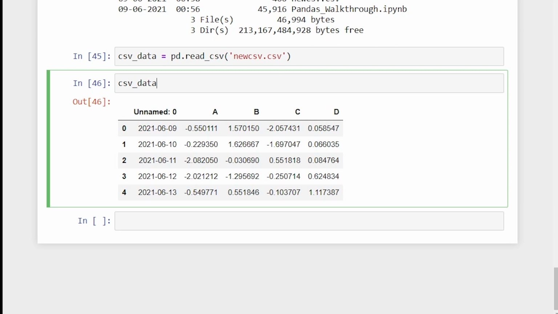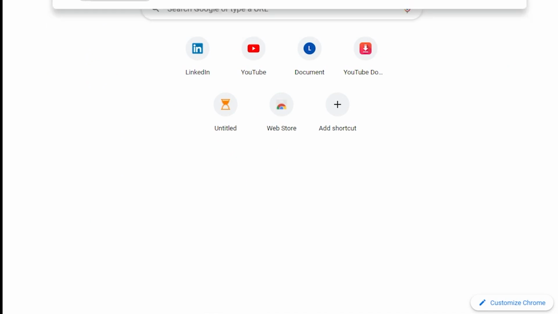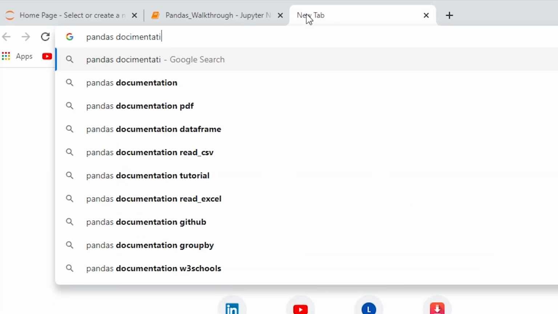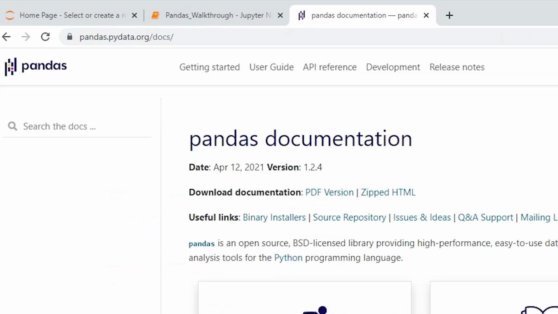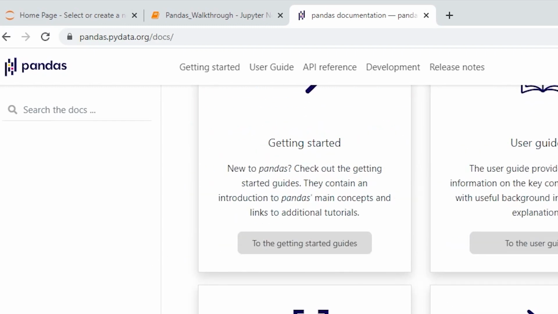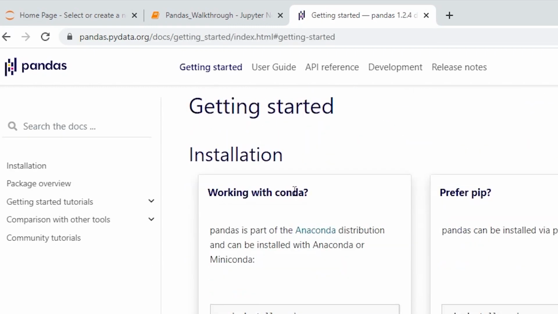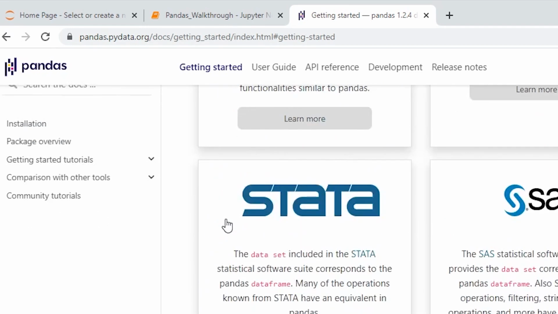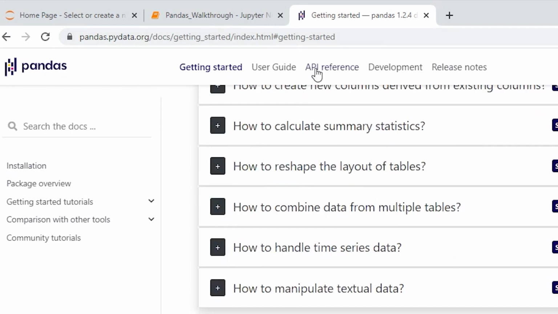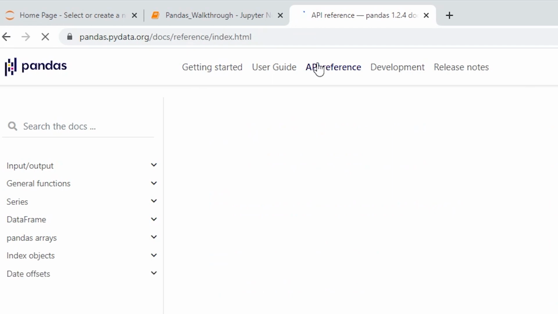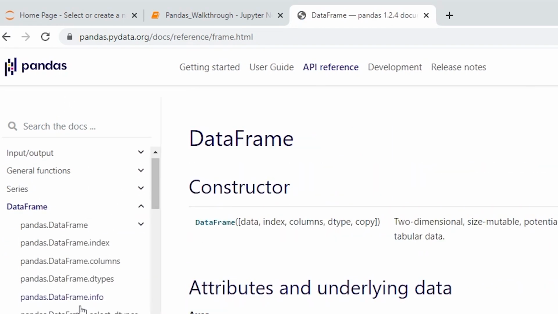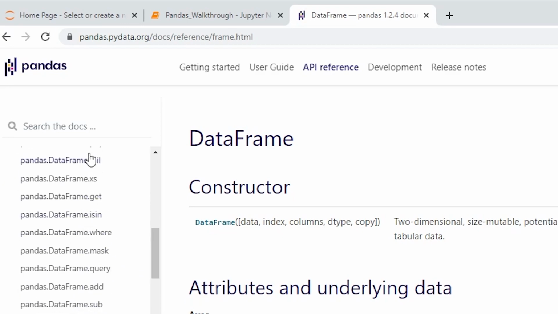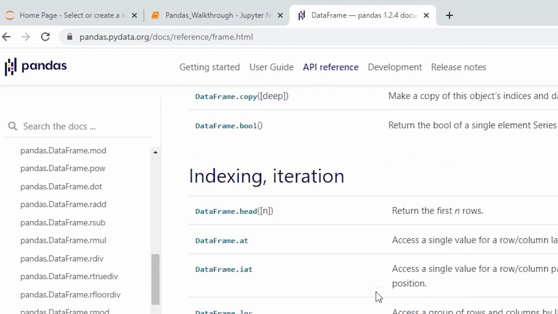What I'll do is I'll say pandas documentation like this, and I'll just Google it. So here, I'll just say if I want. Okay, so there is user guide, there is API reference, etc. So if we check over here, you can come to know each and every single thing. Okay, here are tutorials and everything. So API reference is over here. All right, see, I have everything. When I click on the data frame, I can get everything related to the data frame. See, all of the methods are over here. You don't have to specifically memorize everything, like I said.